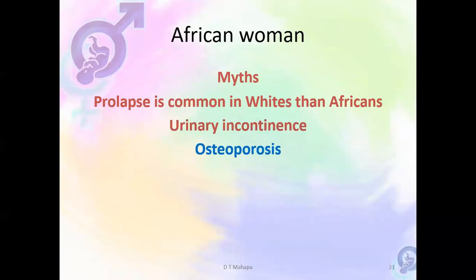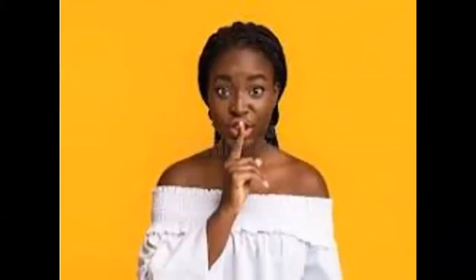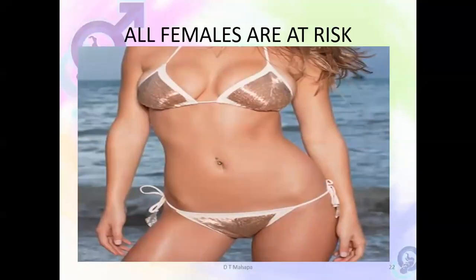The fact that osteoporosis, they say, is more common in white than in Black population. But you get a 70-year-old Black woman, you find that she has got osteoporosis like the white woman. We need more studies. The problem with the Black population is they don't talk about these things. They keep them quiet. The more they don't talk about it, the more the whites talk very easily about them, and that's why they come forward very easily.